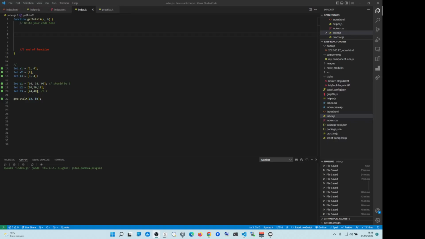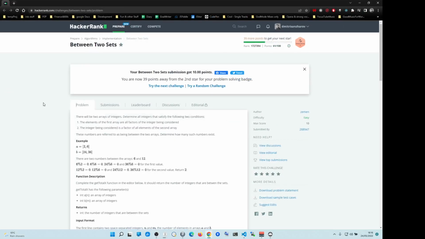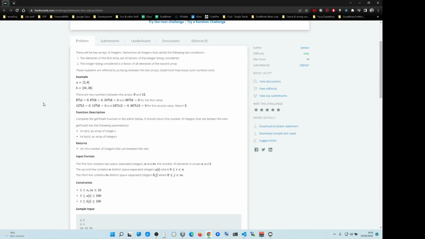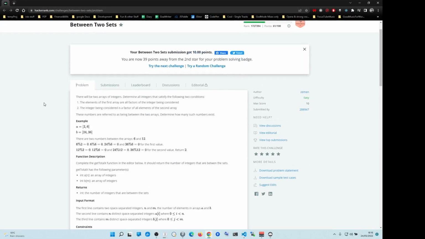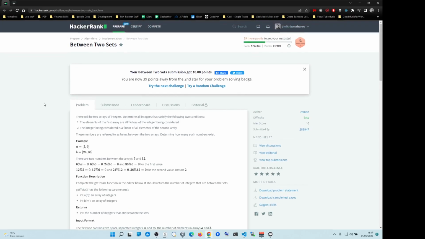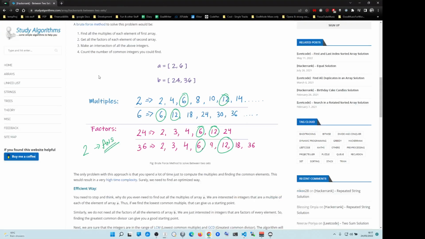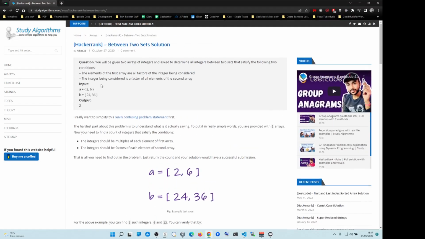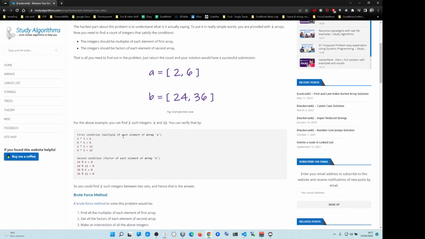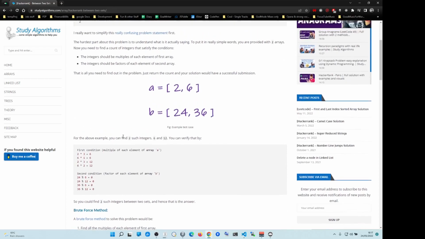Hello team. So basically we're going to be doing this one here between the two sets, right? It's quite confusing. It's very confusing, right? So the most important thing is to understand what they're asking you to do. And the best way to do that is I found this explanation in here. That's probably one of the best explanations, right? So what they're asking you to do, right, is